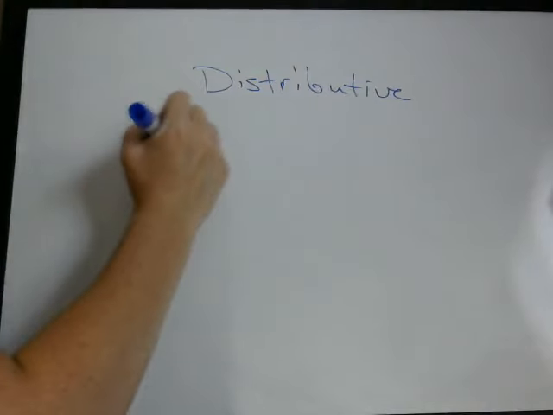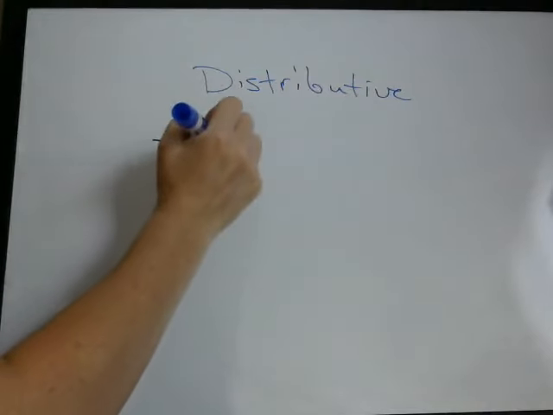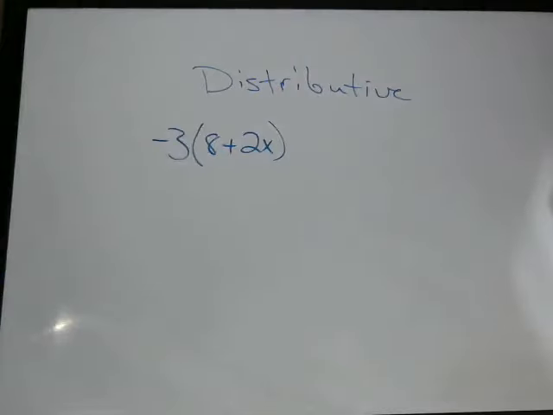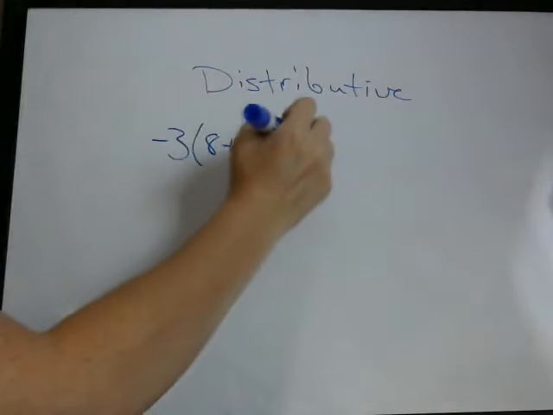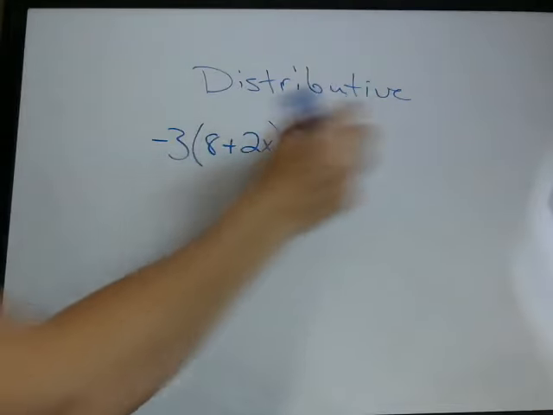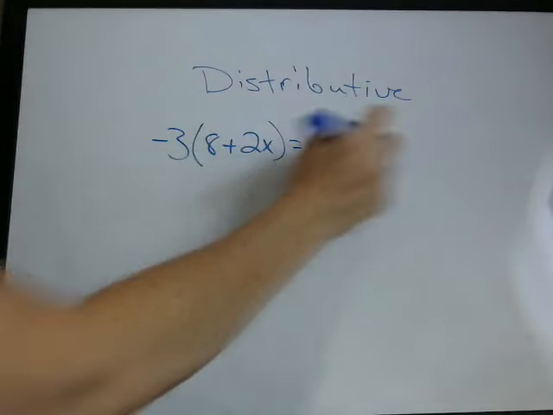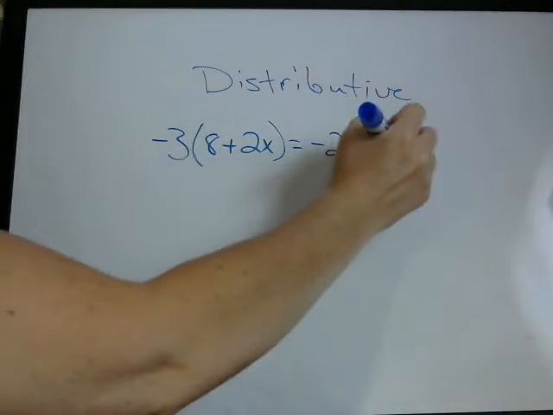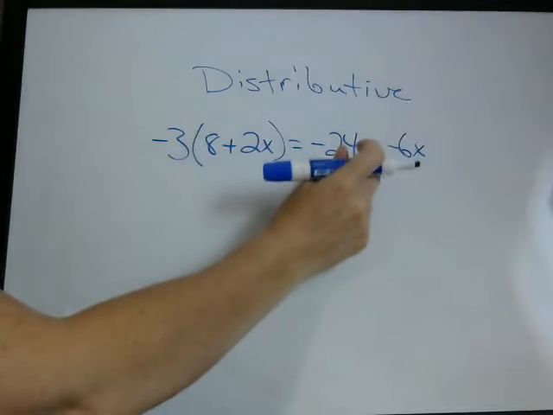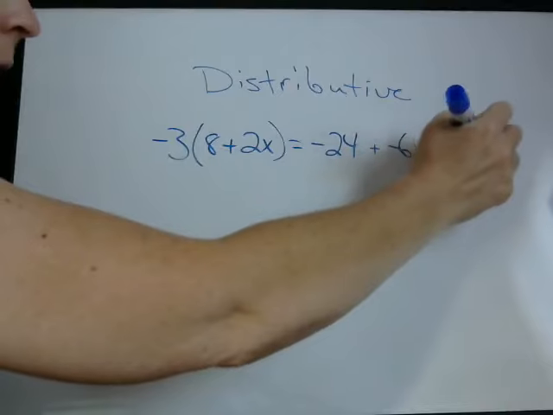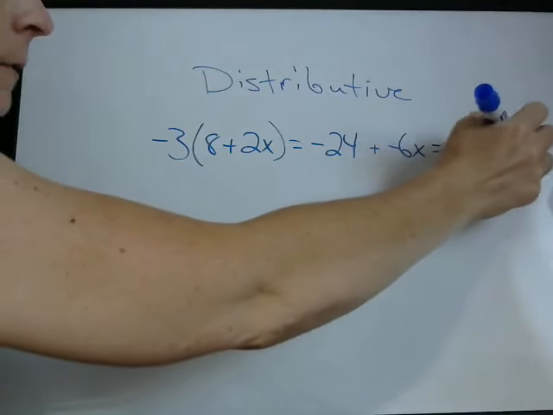If we have negative 3 times 8 plus 2x inside the parentheses. Again, we just multiply the first one. Negative 3 times 8, negative 24, plus, and we do the second one, negative 3 times 2x, which is negative 6x. If you're adding a negative, you're just subtracting. So remember, it was negative 24 minus